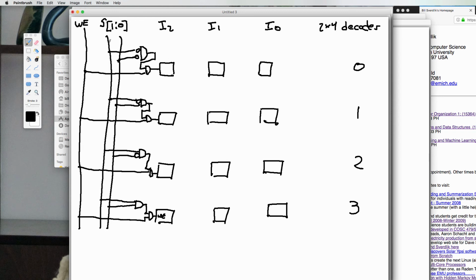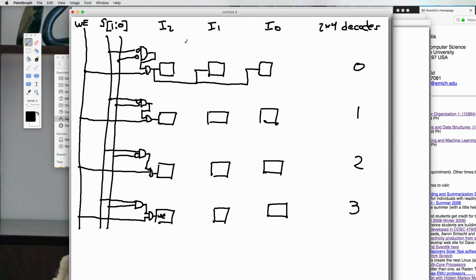On the other hand, if there's a 0, 0 on this line here, the output of all of these is 0, and there would be a 0 going into the write enable line. So what I'm going to do is I'm also going to take this line right here. I'm going to tie it into the write enable pin on that flip-flop, and on that flip-flop, so that when there is a 0, 0 on the line and write enable is 1, I've enabled these 3